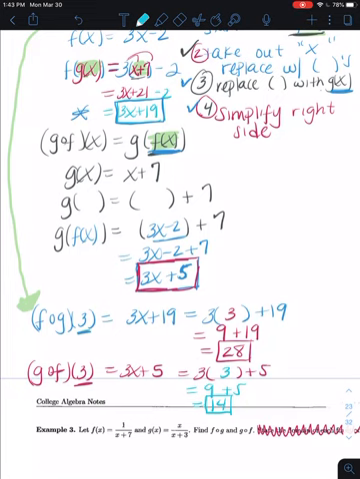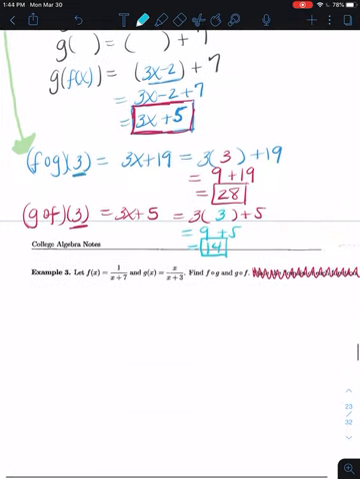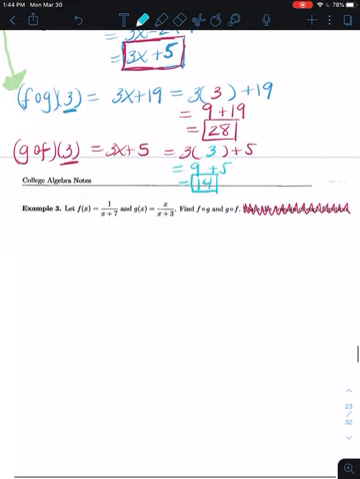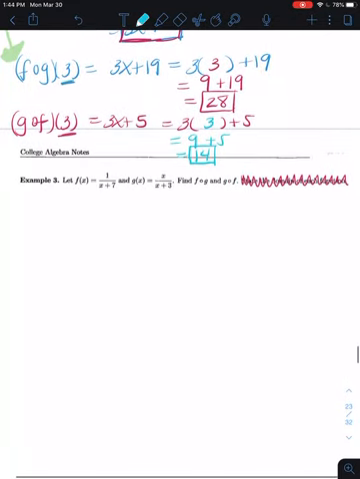Alrighty. All right, so this last example, I'm going to change this up because you won't see anything like this in homework. I want to do one that's similar to what you